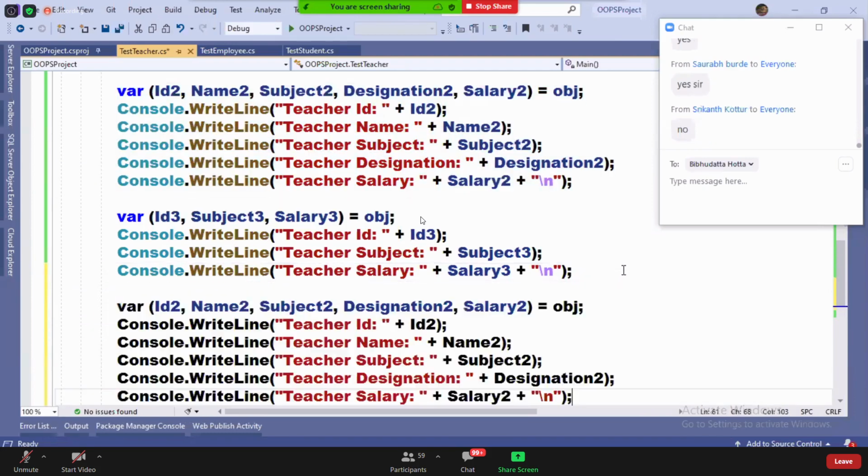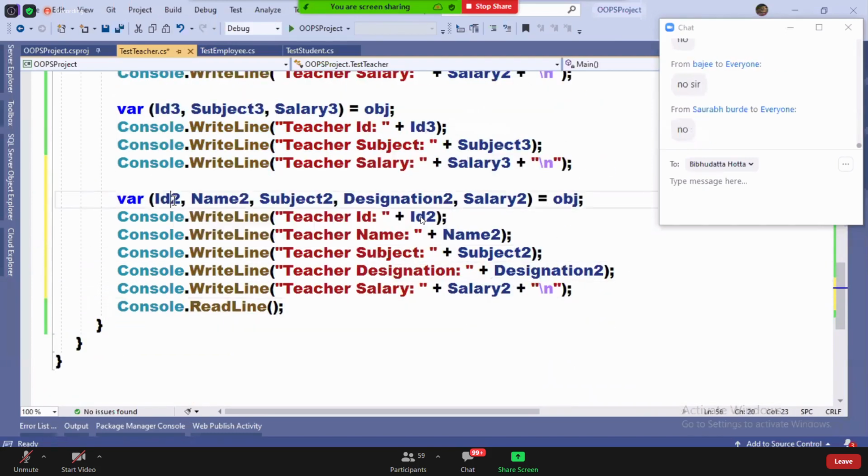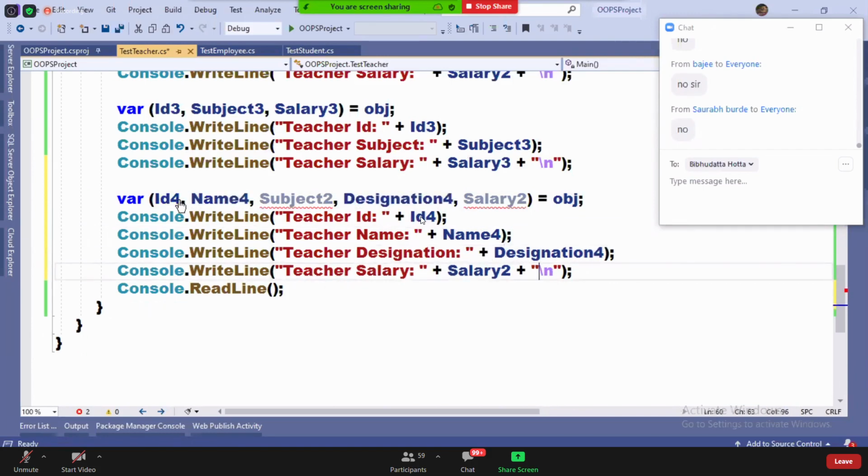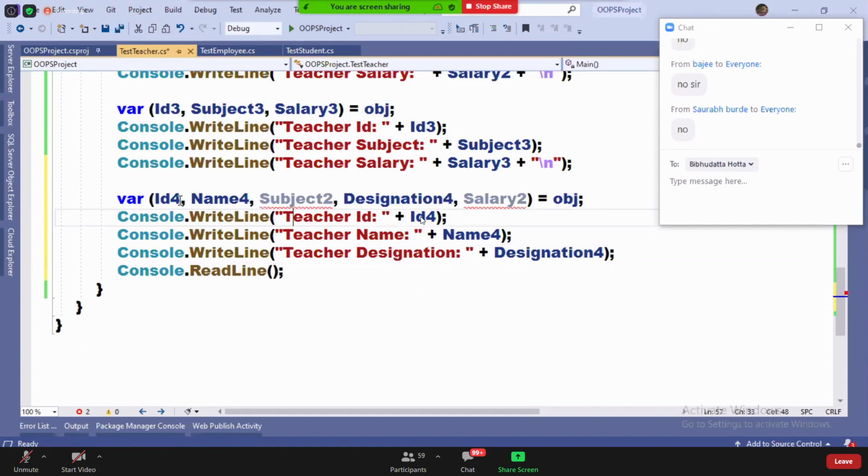Without doing that, we have an option, guys. Watch it. I want to get ID, I want to get name, and I want to get designation. And I don't want subject and I don't want salary. So where you don't want, simply use an underscore like this.